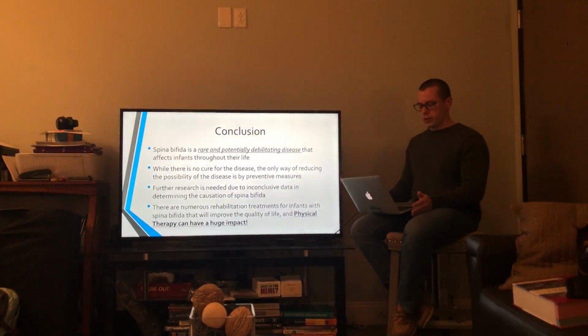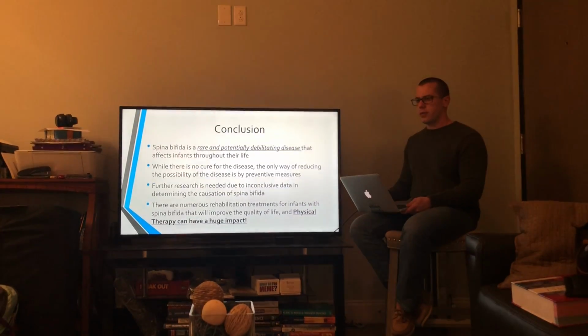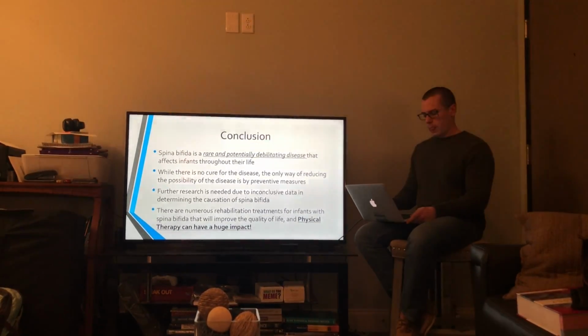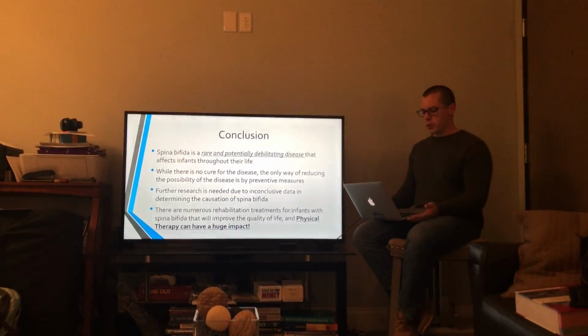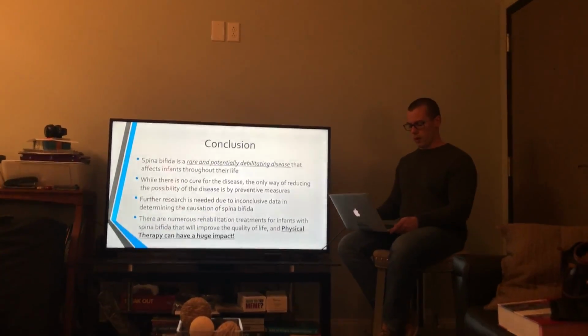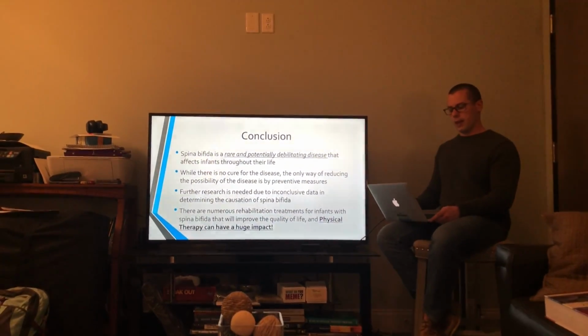Some further research is really needed because of the amount of data that's skewed. And there are numerous rehab treatments for infants with spina bifida, and they can improve their quality of life, and physical therapy can have a huge